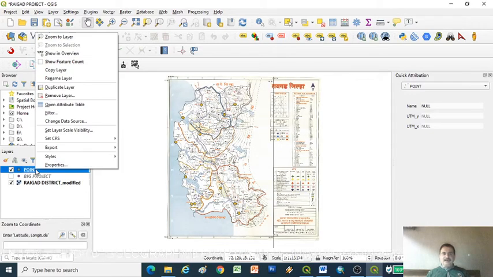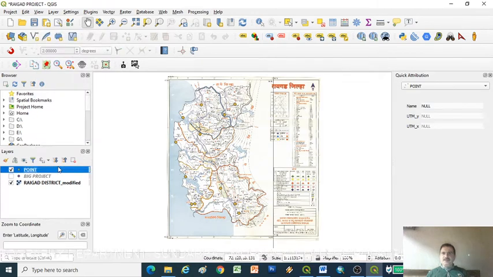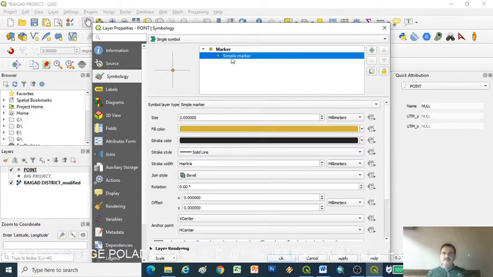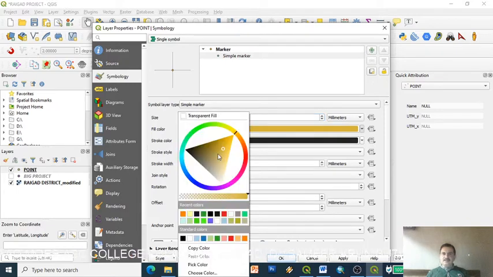Right click here, go to Properties, go to Symbol. Suppose I want to change the symbol; we can change the symbol style, the size of the symbol, and the color of the symbol.